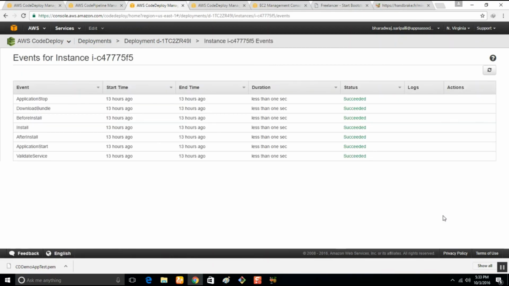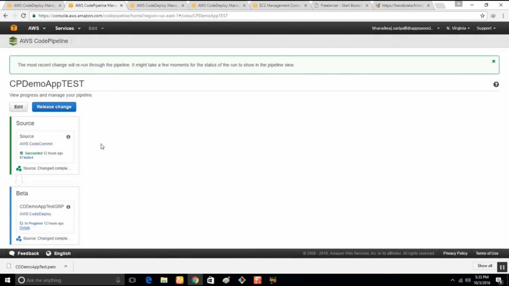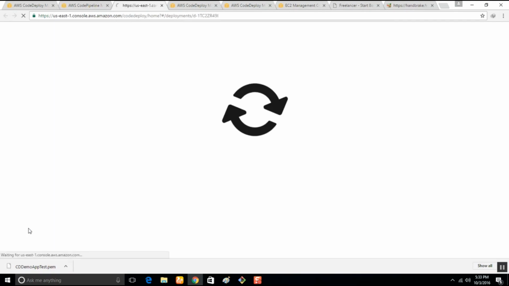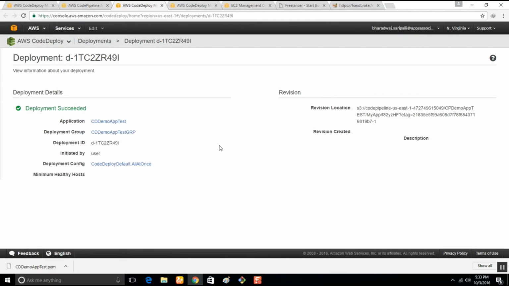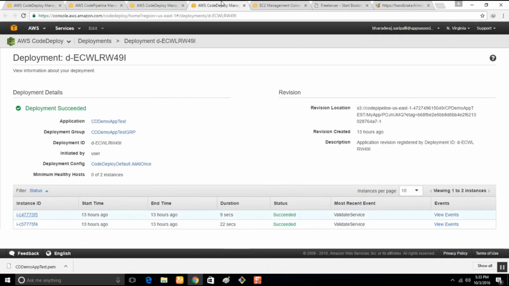You can even view events what it is doing. Duration 1 second. Once this also turns green, everything is good to go. We will see the website updated. Yeah, now we can see the build process is also successful. When you hit on details, you can see this: duration 12 seconds, 20 seconds ago, succeeded.